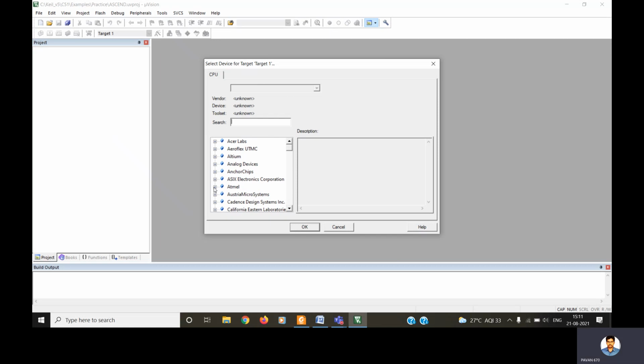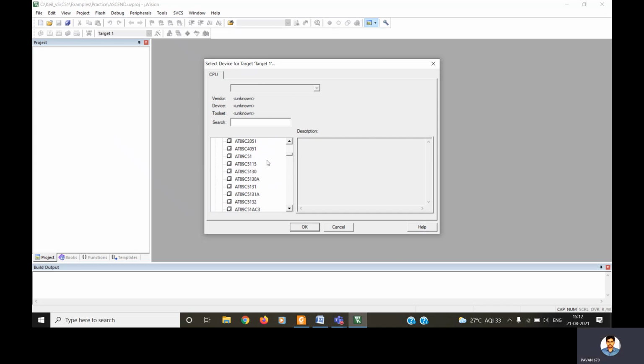Generally, we prefer Atmel based microcontrollers. There are different types of microcontrollers available, which you can study in the theory part regarding microcontrollers. Among these, I am preferring Atmel based microcontrollers. Within this company's microcontrollers also, there are so many versions and variations, and among these, what I select here is AT89.